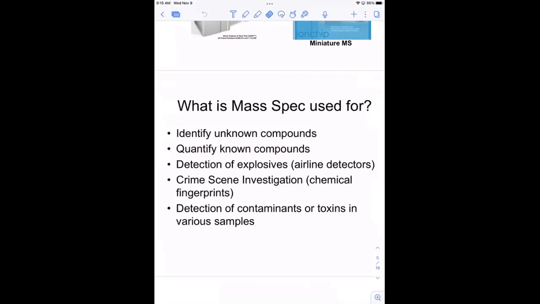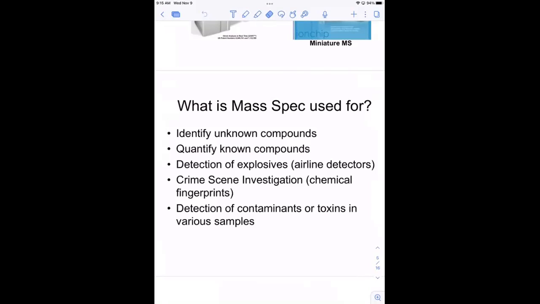You can also use it to detect contaminants, toxins, all types of stuff. Like I always say this when I teach this part of the class. When you watch CSI or NCIS, or all these other shows, these forensic shows, Forensic Files on what is it, HLN Network, all those shows,